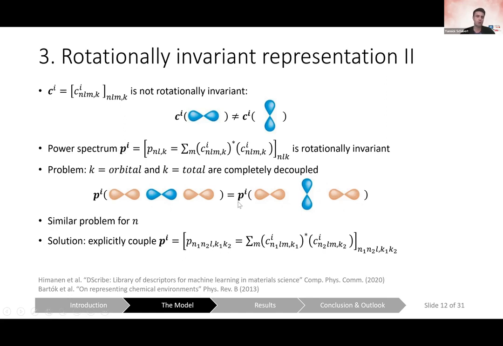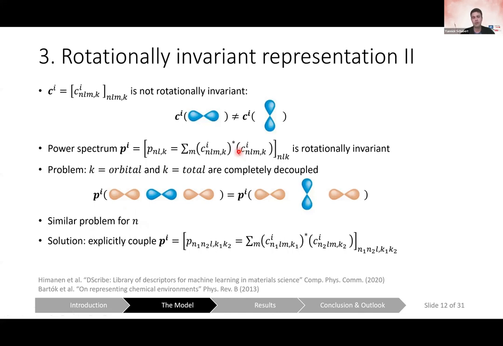And this is not what we want, because here those two systems correspond really to different physical systems and will also correspond to different screening parameters. And a similar problem also exists for indices belonging to different n. And the solution that we took was to explicitly construct a larger power spectrum where we